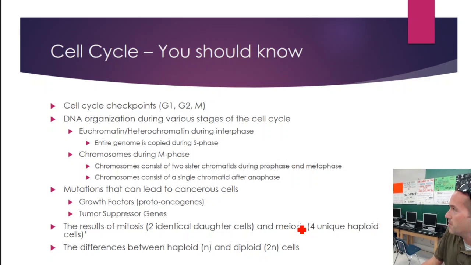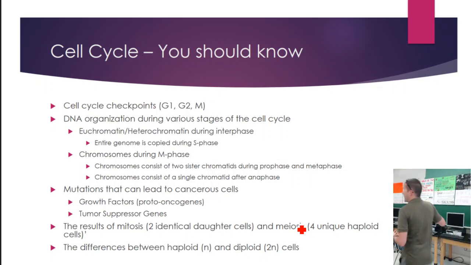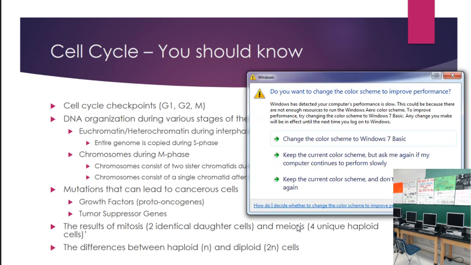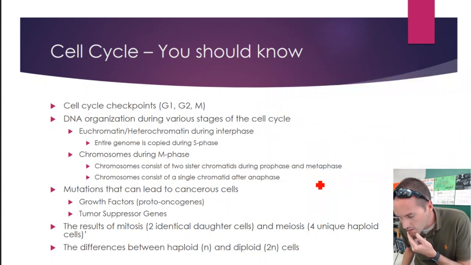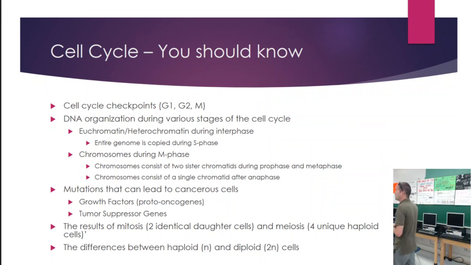So you should know the different cell cycle checkpoints, right? You should know, for instance, that when the cell is in interphase, it's going to start out by going through G1 phase, right? And then after G1, it's going to stop, right, before it goes into S phase, and it's not going to make more DNA yet until it checks to make sure that there are a bunch of things in